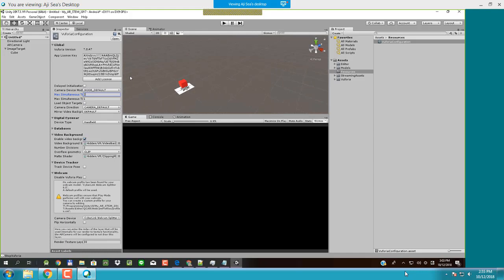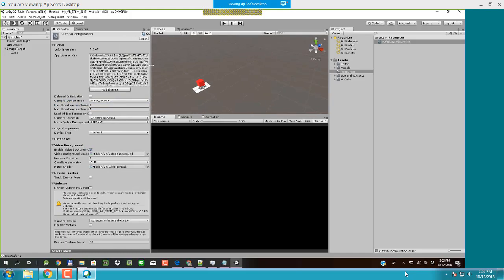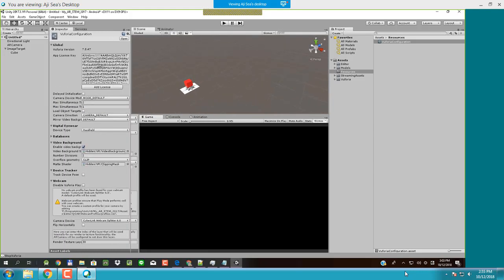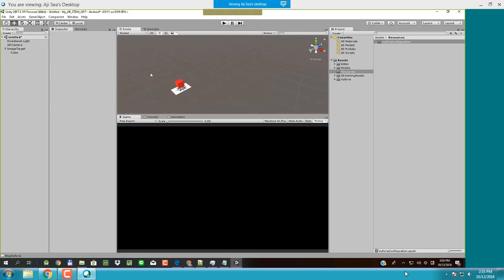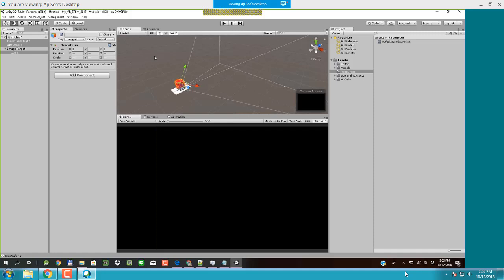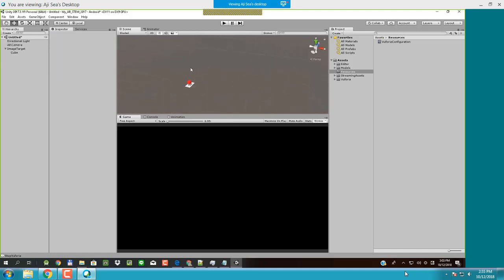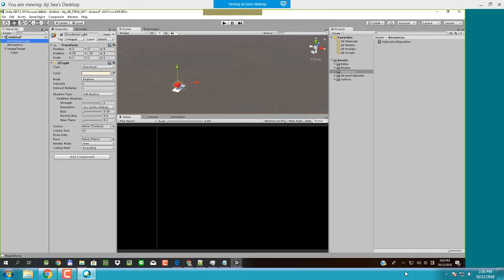So for the next session, I will discuss the UI. So this is it for today. If you have any questions regarding these sessions, I mean how to make an AR, then after this, maybe you can type into the chat column or into the Q&A sessions. While I'm waiting for the questions, I will cover